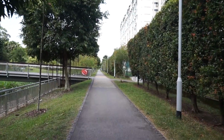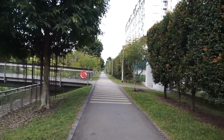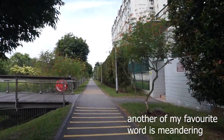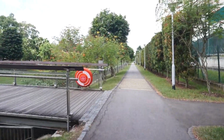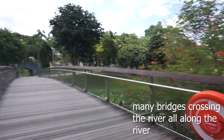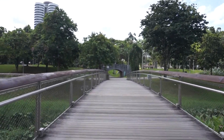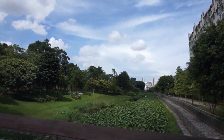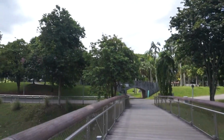So we're walking past a meandering stream with cascading waters, with also rain gardens. So we're coming on one of the bridges. We can have a better view of the river. So this river we are looking at is the Kallang River, but it's more of the upstream of the river, which is located at the Bishan Amoy Quee Park. This stretch here,